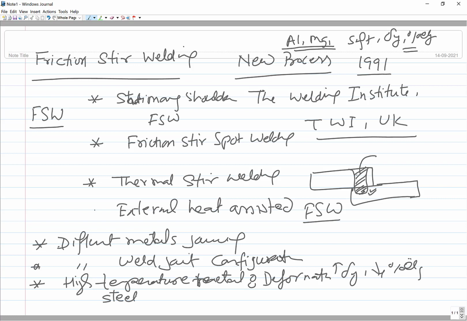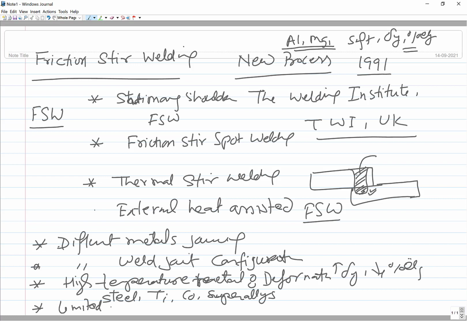That is why FSW of steel or titanium or cobalt or the super alloys, FSW of such kinds of metals, is considered to be difficult. So a lot of work or research is carried out in these areas. Another problem that requires a lot of attention and research effort in FSW is